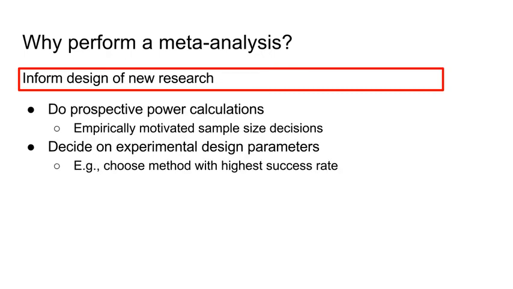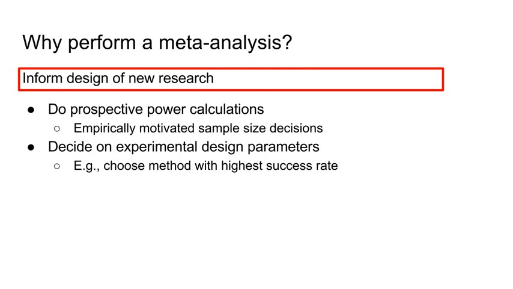A second use of meta-analysis is to inform the design of newly planned research. For instance, meta-analysis allows us to do prospective power calculations. Using the effect size and sample size of previous similar studies, we can calculate their likelihood to detect an effect when it is actually there. Using this information, we can decide how many participants we need to test to detect an effect, for example, with